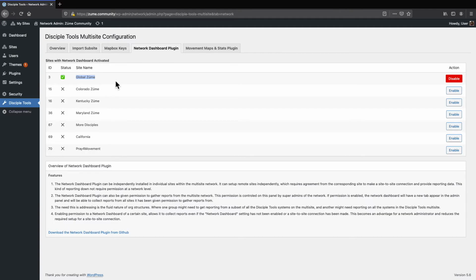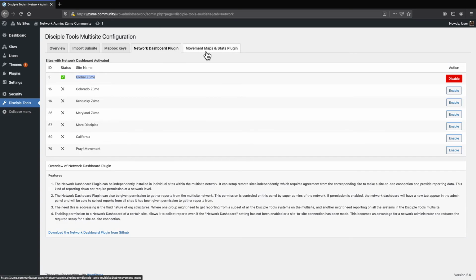Where this comes into high usage is that you can use the network dashboard through site-to-site links up to about 50 sites. After that, the system tends to slug a little bit, not so bad. It doesn't fail, but it does seem to put a lot more weight onto the system. And so a very easy way to get around that and run 200 or 400 sites is to use this